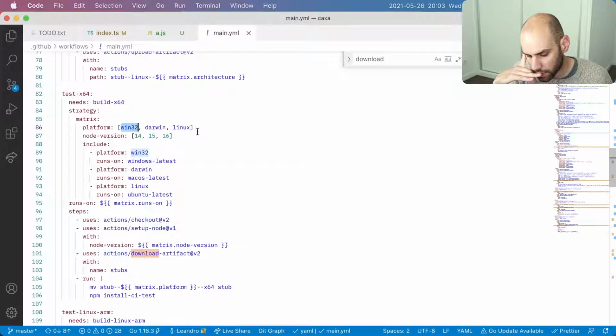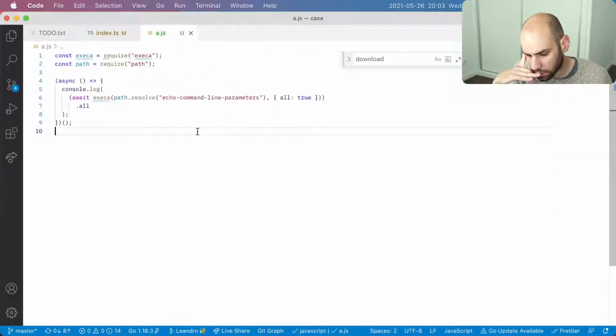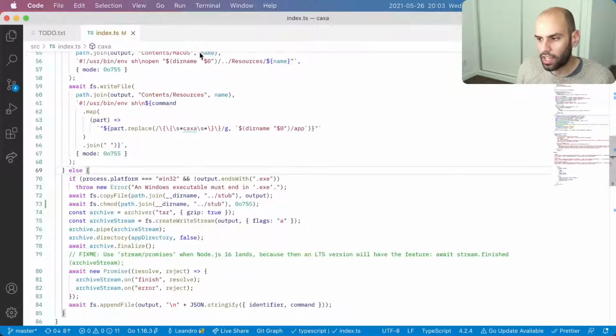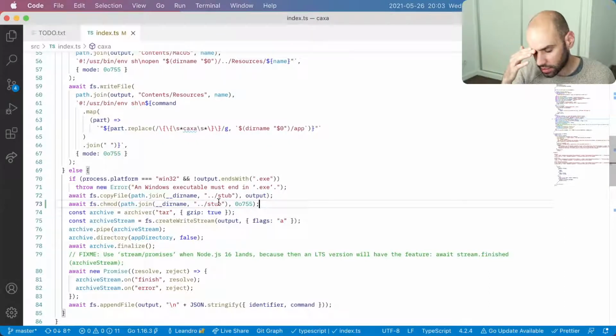So maybe we just download this stub and leave the wrong executable flag. So that's like a hack. We leave the wrong executable flag on the tests, but that's fine because we fix the mode of the compiled output.